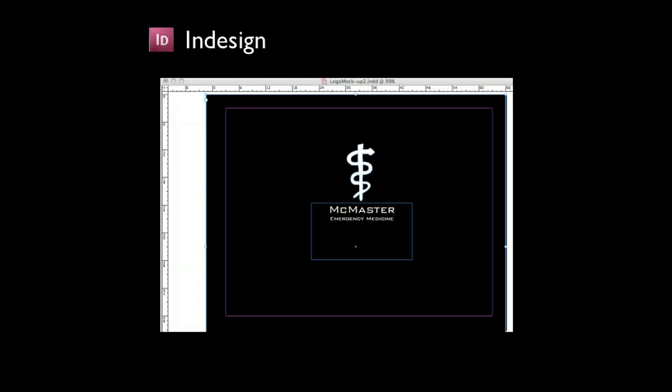So, computer programs. The graphic design standard right now largely is programs like InDesign. So if you go to most people that do graphic design or layout, this is probably what's on their desktop, whether it's in Mac or PC form. This is going to be your classic